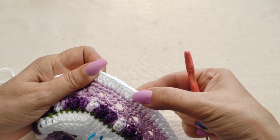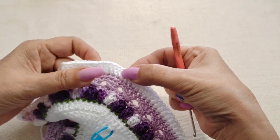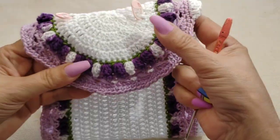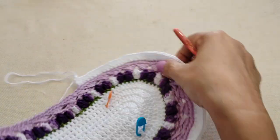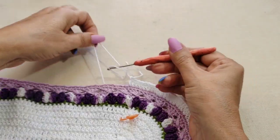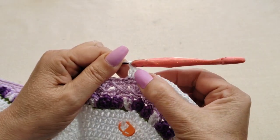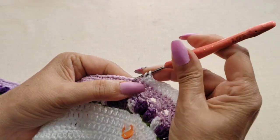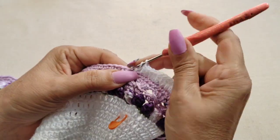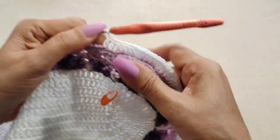Right after my marker here, 2. Then 2 alone, 2. 2 alone, 2. 17 times 2 together. And I must do exactly the same thing on this side. Okay? And then once you hit that marker, which I've already passed 1 or 2, 1 per stitch. So 17 times 1, 2, 3, 4, 5, already on my 5th. And 1 per stitch until the mark point, and then you have to do those 17 increases again,